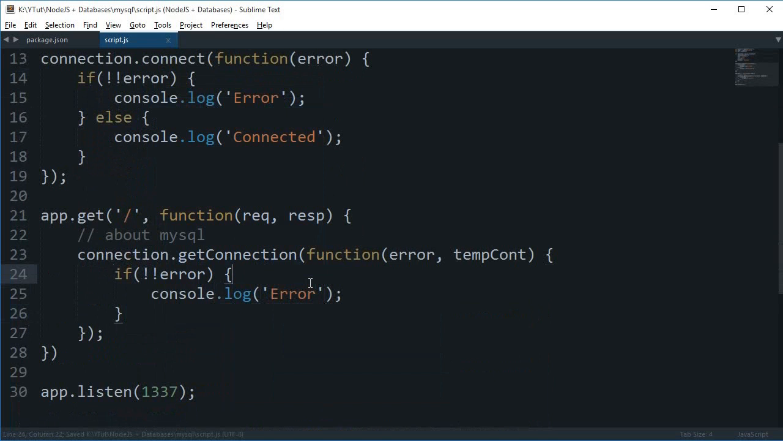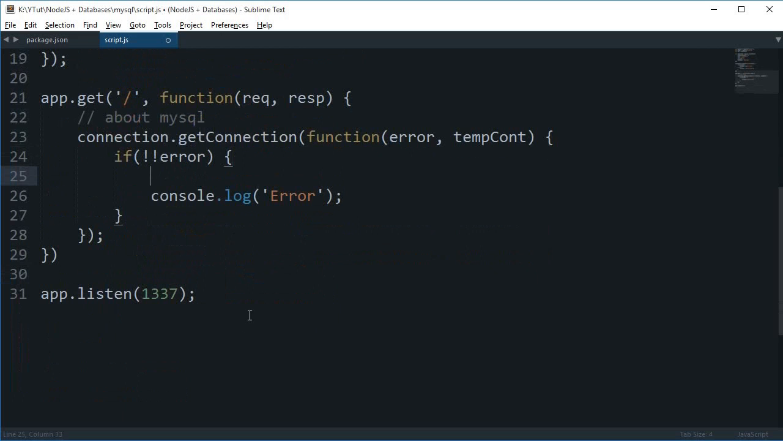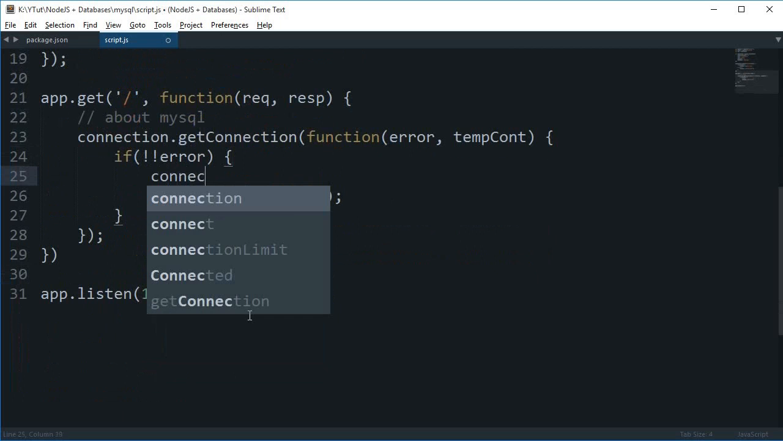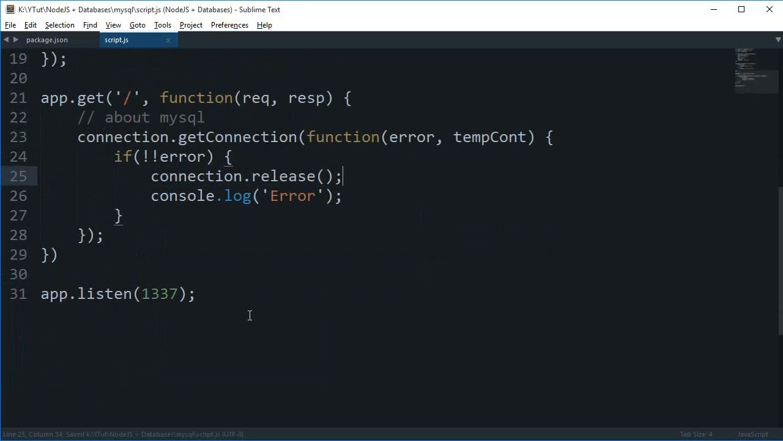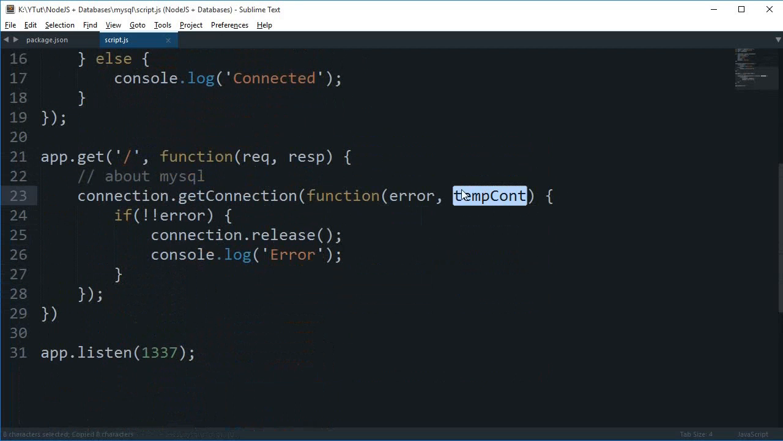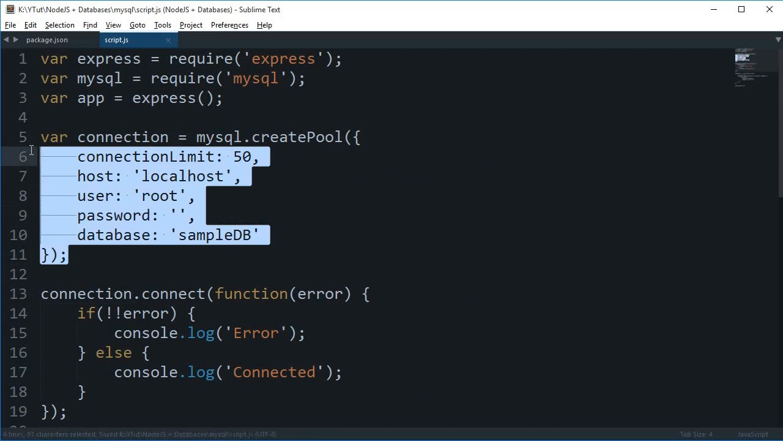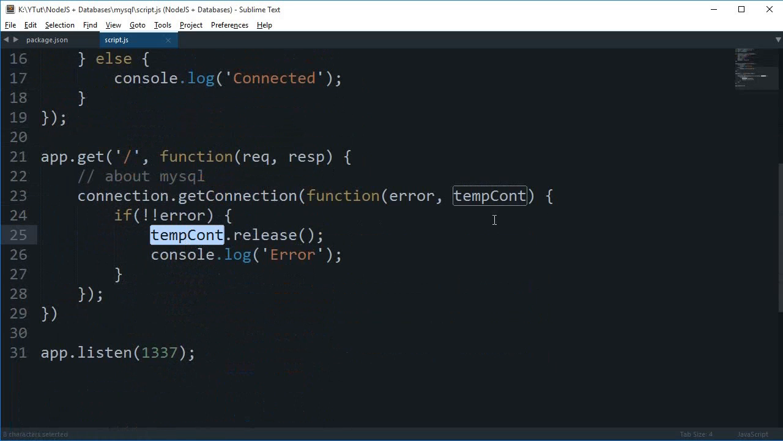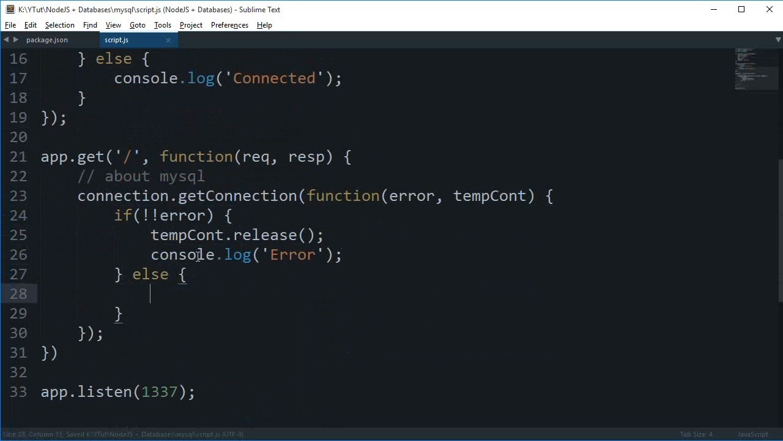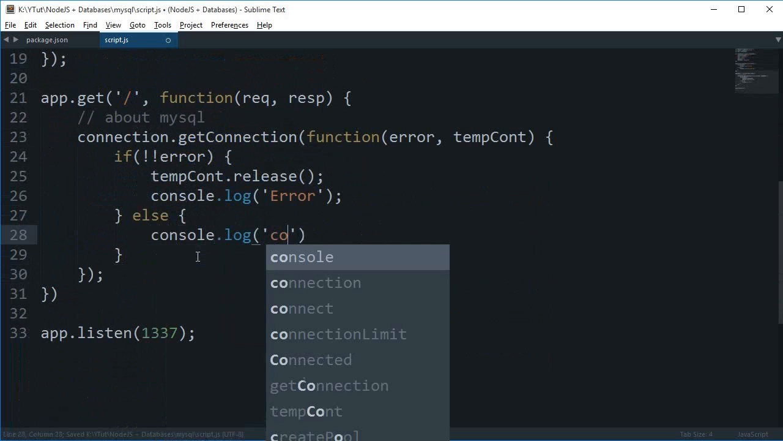And actually I forgot to tell you that you can release the connection once you no longer need it. So you can reduce the stress on the server, and to do that you can make use of connection dot release. But since we are working on the pooled version, we are making use of the temp connect. I want only the connection that is either throwing an error or is completed to be released. Else, I want to console log connected,